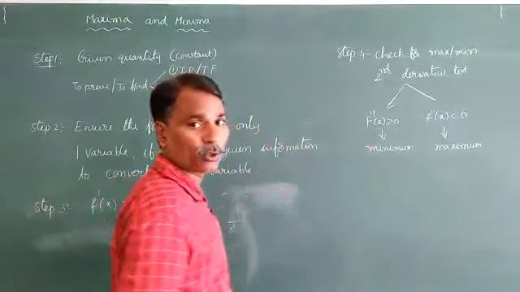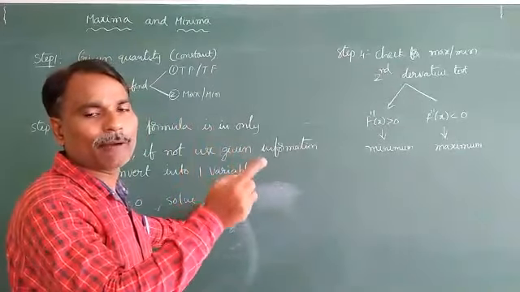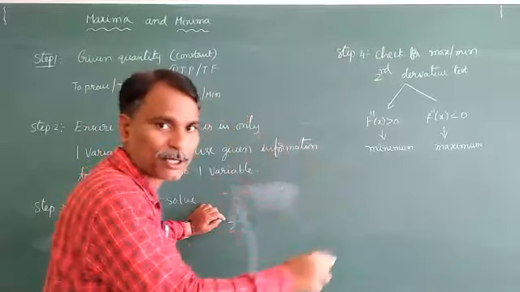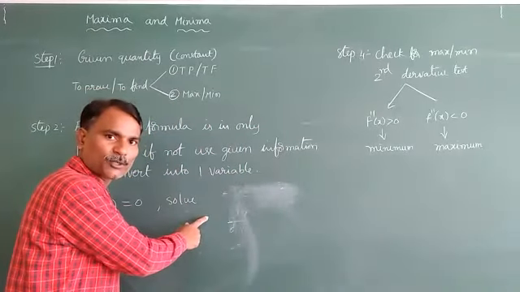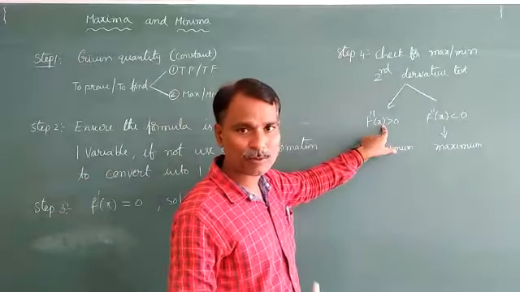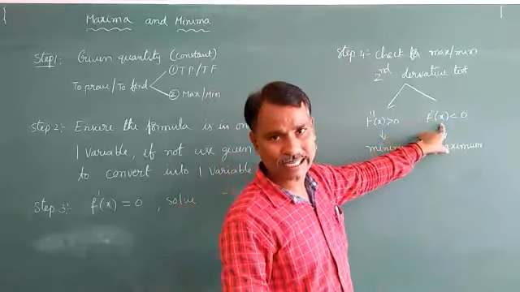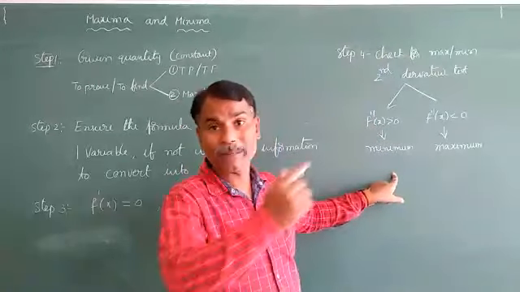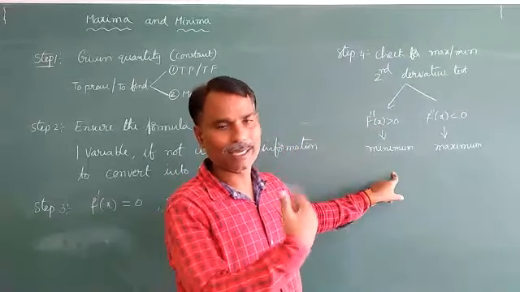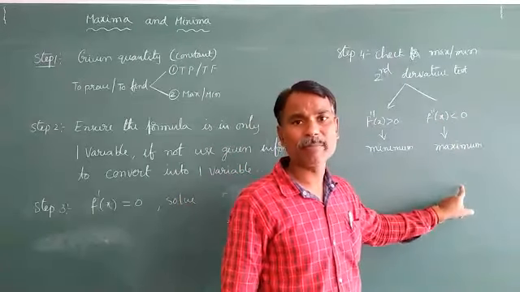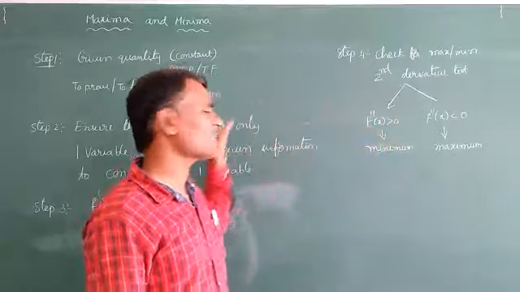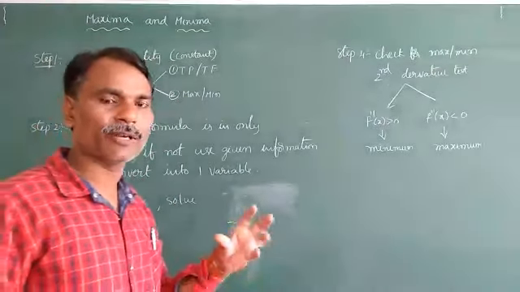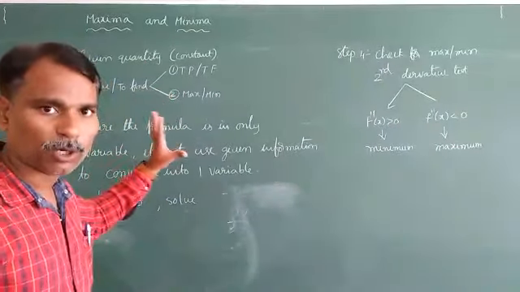In the next step 4, take the double derivative of the function, and in that double derivative substitute the critical point. It sometimes gives a positive value, sometimes a negative value. If it gives a positive value, the function is minimum at the critical point. If it gives a negative value, it is maximum at the critical point. So these are the steps to solve our maximum minimum problems. While solving you will get some idea, but like a type 2 model, you have to remember it.